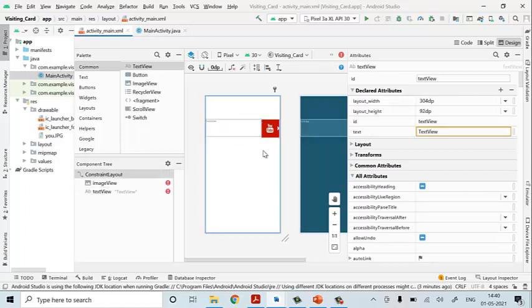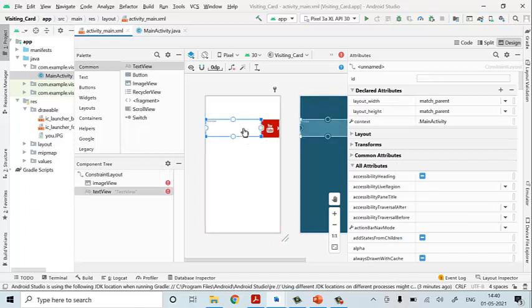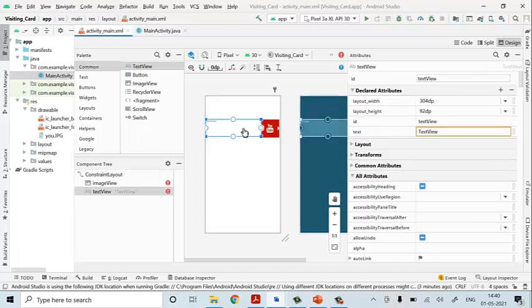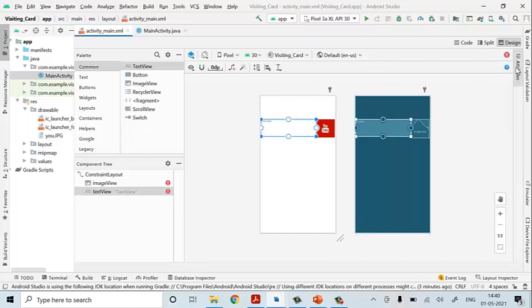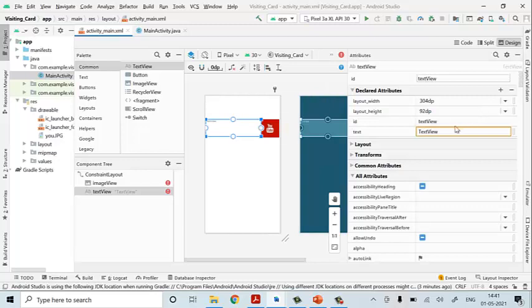Okay, now I have placed it. Now I want to write the content. Where you have to write your content: here you can check it out in the side panel, on the right side, where you have the attributes. Just click on attributes. Here you need to change the data which you want to write in that particular TextView. So I will write YouTube, this is my company name. I'll write it here. Okay, this I have written.